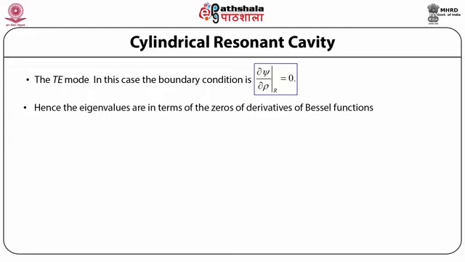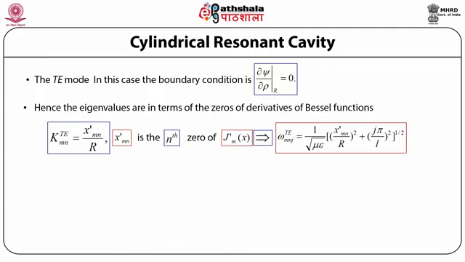And hence, using this boundary condition, the eigenvalues can be found out in terms of the zeros of the derivatives of the Bessel's function. So capital K subscript mn superscript TE is equal to x prime subscript mn by capital R, where x prime subscript mn is the nth zero of the Bessel's function J prime subscript m as a